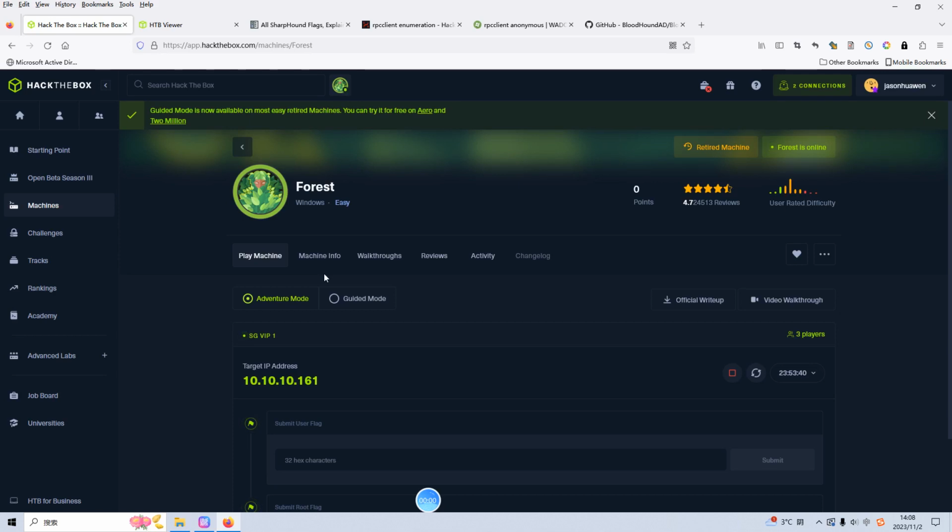Okay, dear friends, I'm back with another machine on Hack The Box, which is Forest. This machine is Windows, and I've already spawned the machine earlier. This is the IP address of the target. As always, I'd like to use the Pwnbox, which is the online Parrot OS provided by Hack The Box to do this